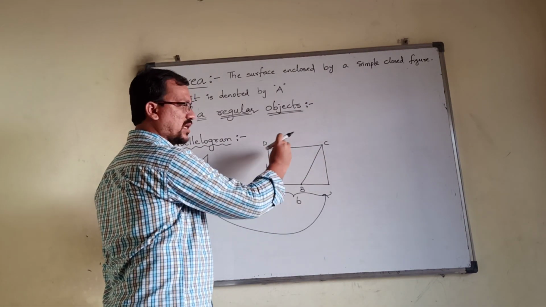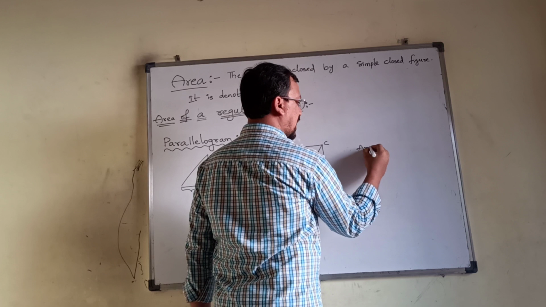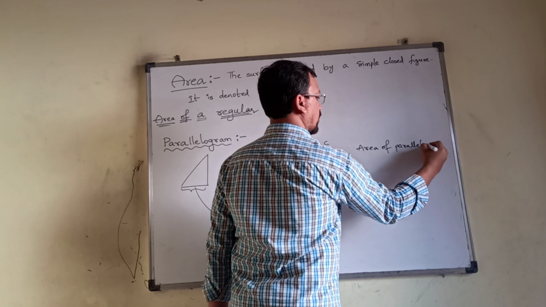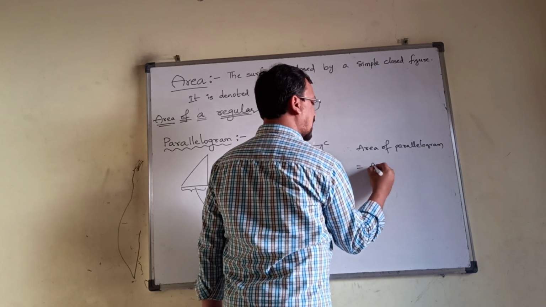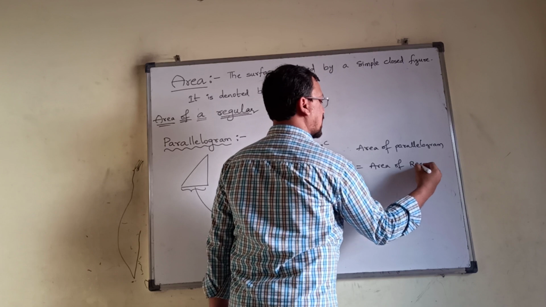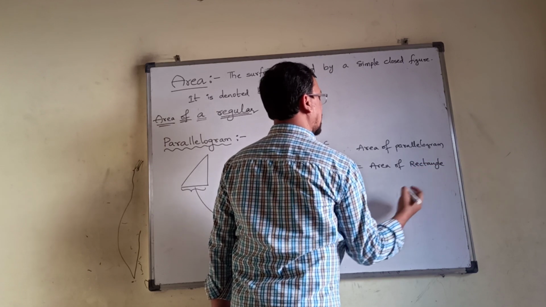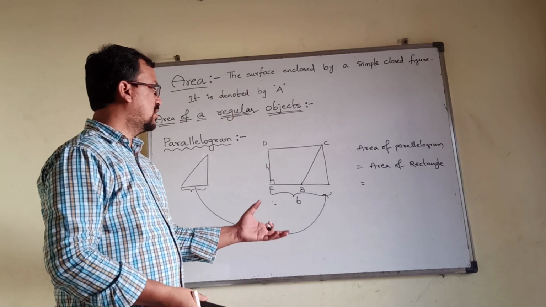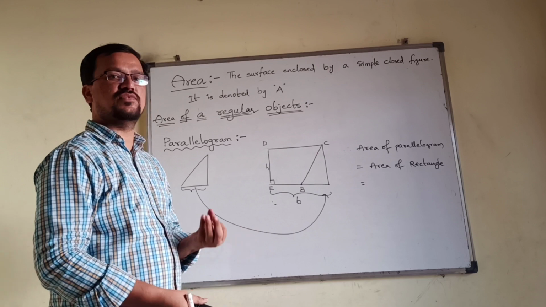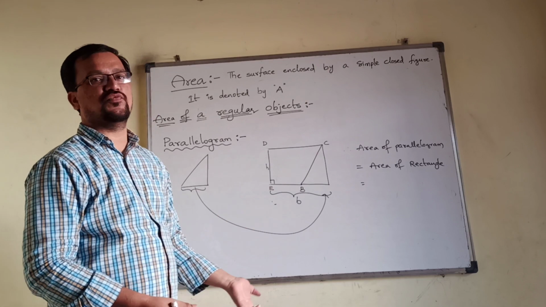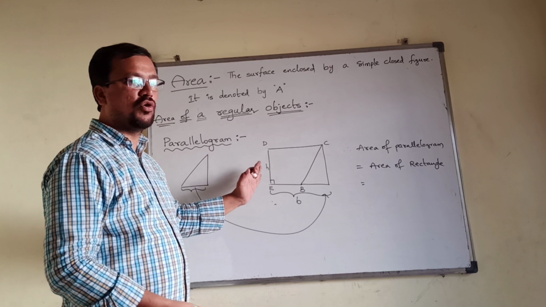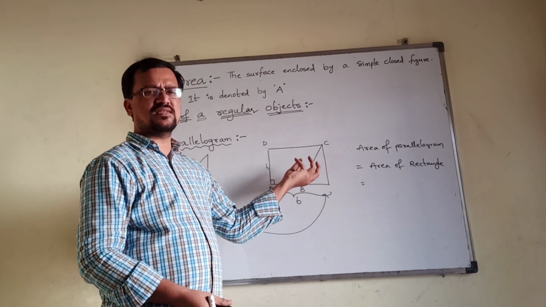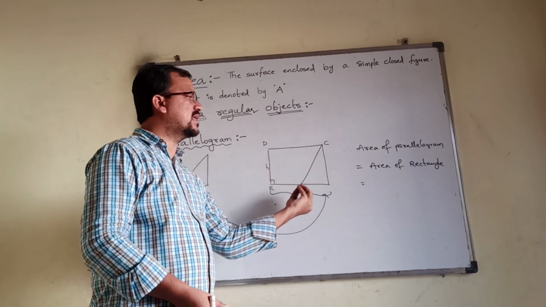We know the area of this rectangle. Therefore, the area of the parallelogram will be taken as the area of the rectangle, which is formed by some alterations. We did not reduce the structure of the figure. We have just changed the shape of the figure. We have just displaced some part of the figure into another part. Just displacement. Place is changed. That's it.